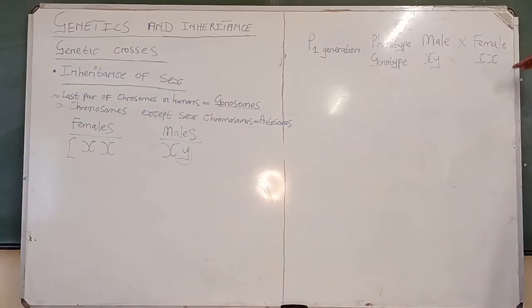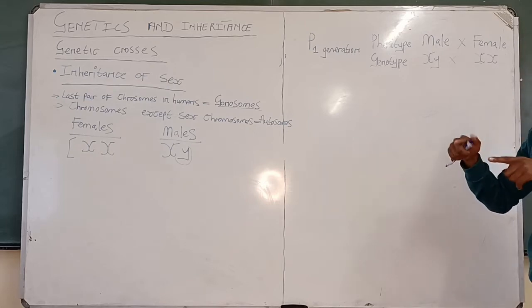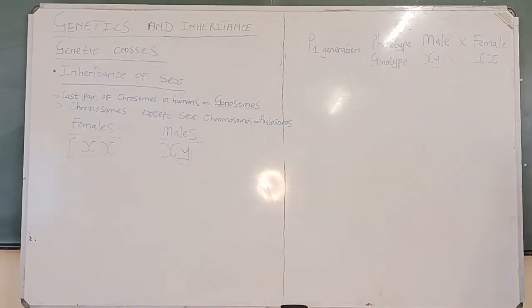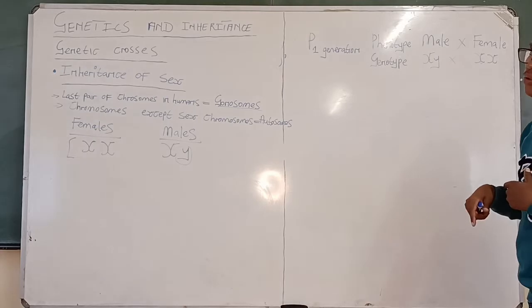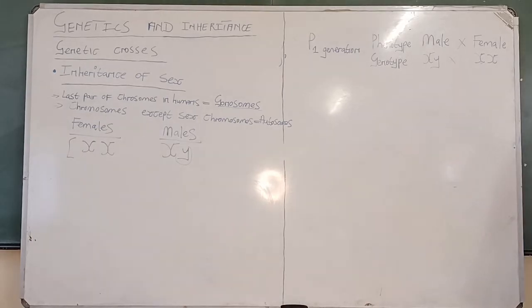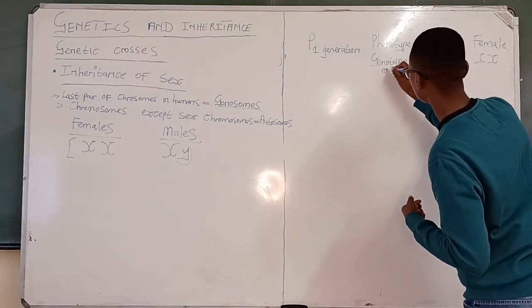So before these two people can interbreed, before they can have sex, they have to undergo the process of meiosis so they can form the gametes. When I talk about gametes, I'm talking about sperm cell and an ovum. Ovum is an egg. So a male has to have the sperm cells, a female must have ova or eggs before fertilization can occur. So now meiosis is going to occur